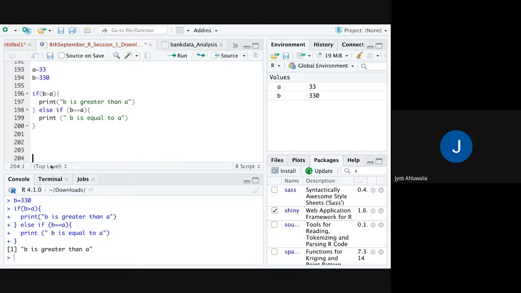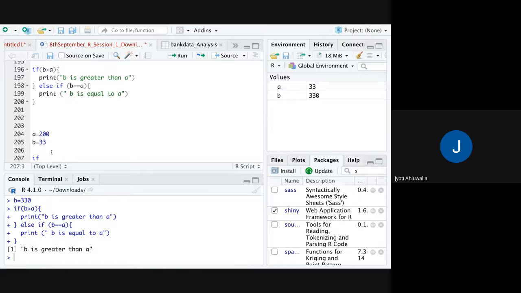We can also write again. Let's say A is equal to 200 and B equal to 33, only one equal to sign.